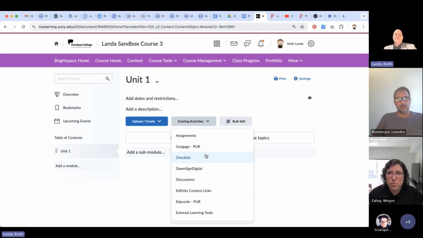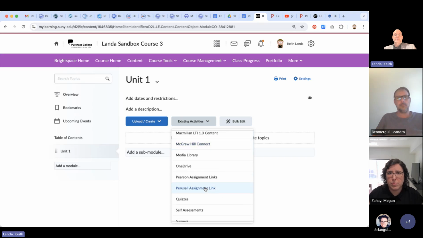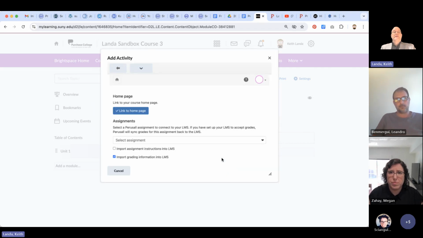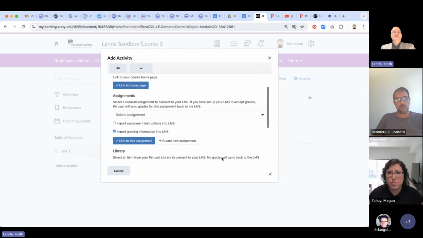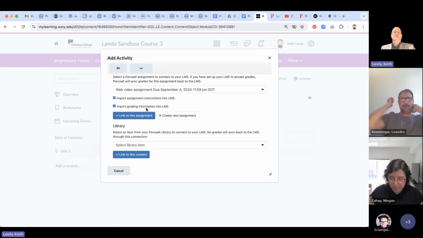And so under the existing activities pull-down menu, there is a Perusall assignment link. And you've got some different options here. Since I've created this assignment, let me just select video assignment. I want to import the assignment instructions from Perusall into Brightspace, and I click link to this assignment,